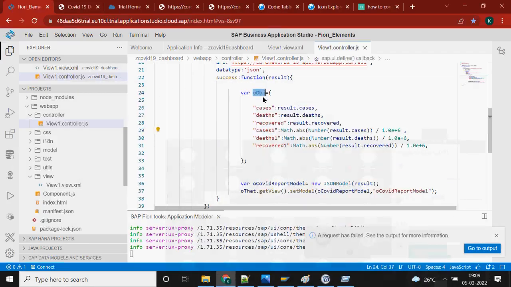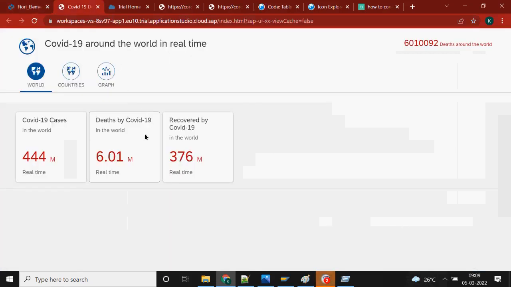Exactly. You have not given the model with the revised object. I have given the old one, and that old one doesn't contain case 1, death 1 and recovered 1, right? Thank you. It is 444 million, 6.01 million, 376 million. So